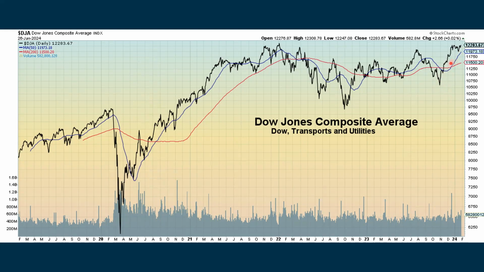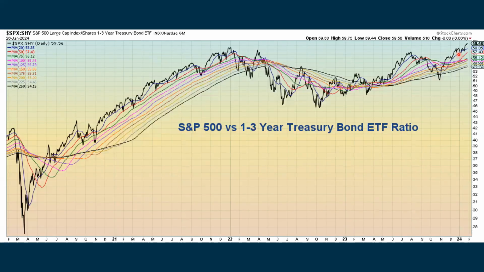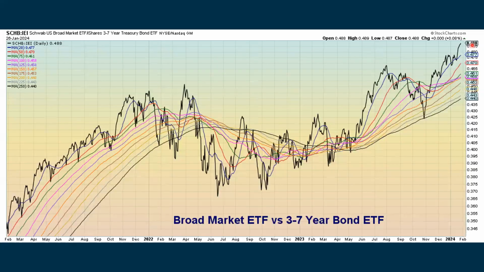The transports are okay, but they're negatively diverging from the Dow, and we have been seeing some weakness in utilities. But it's really the Dow that's carrying this composite average. We look at the S&P 500 and compare it with the price of shorter-term bonds, showing how stocks are outperforming. Then we look at a broad market measure of stocks and compare it with further out bonds, showing that stocks